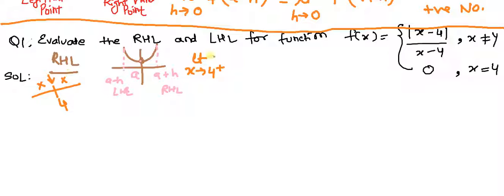So first we are finding this side. This side I'm taking, so this says 4 positive, of the given function, whatever the function is written. So you'll be solving it like this: limit, again you'll take h tends to 0, f of a plus h. What is a here? a is 4 plus h. Now you're going to solve it.